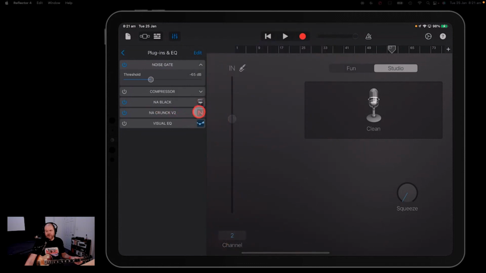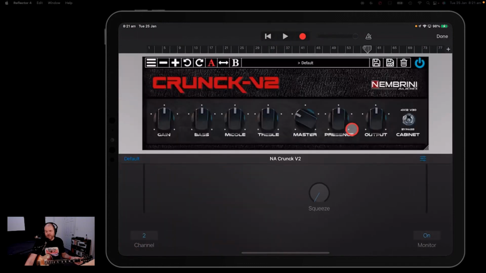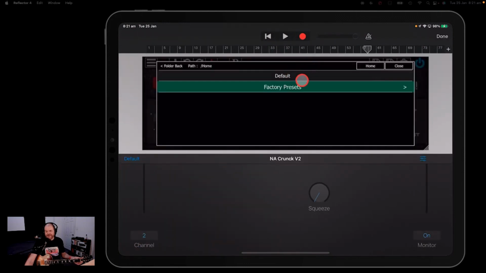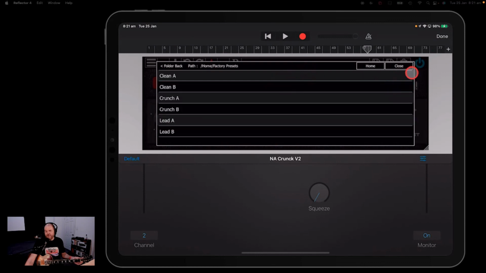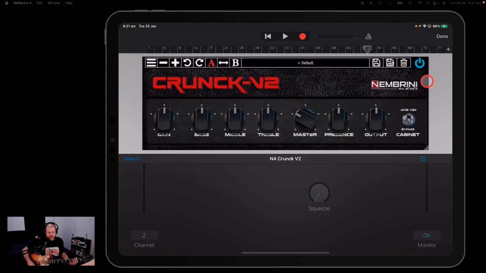So we throw the Crunk V2 on here, and there it is by its default. I really must do that register on this account. So it's got its default there. You can change the factory presets. We'll do that in a moment. But at the moment, with its default sound,